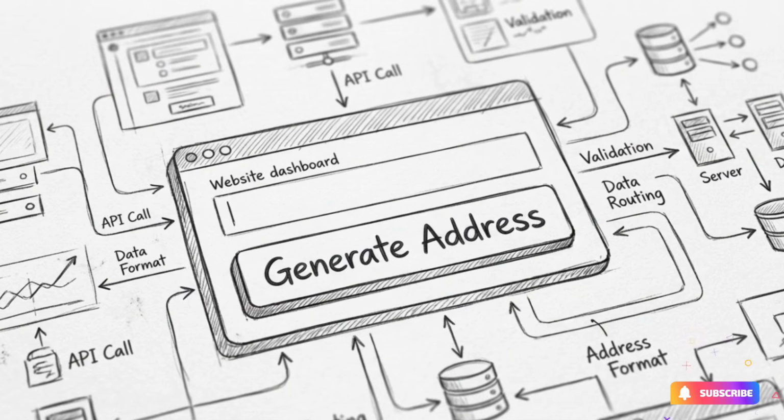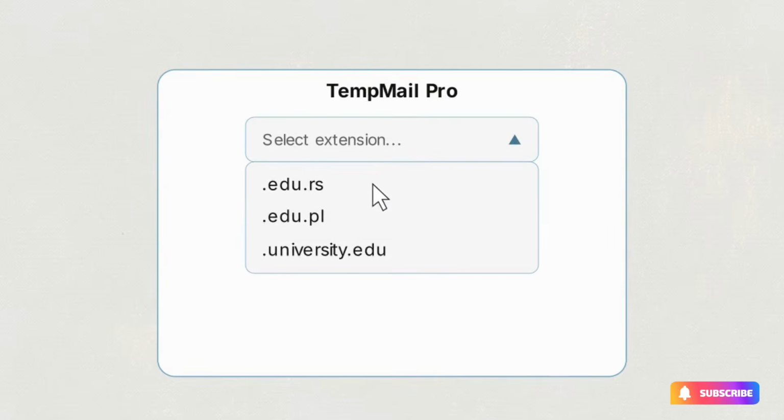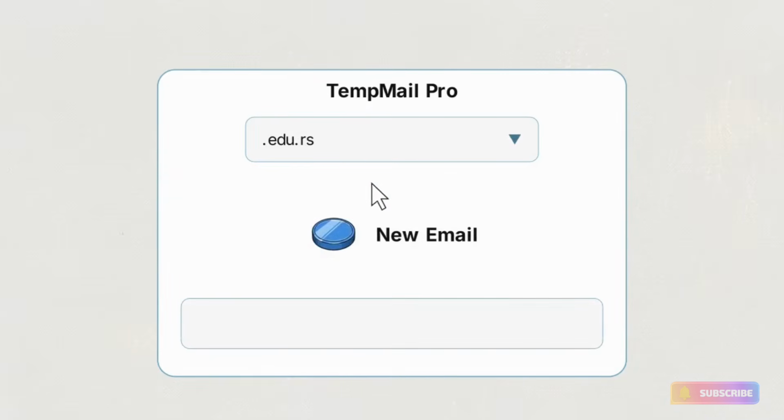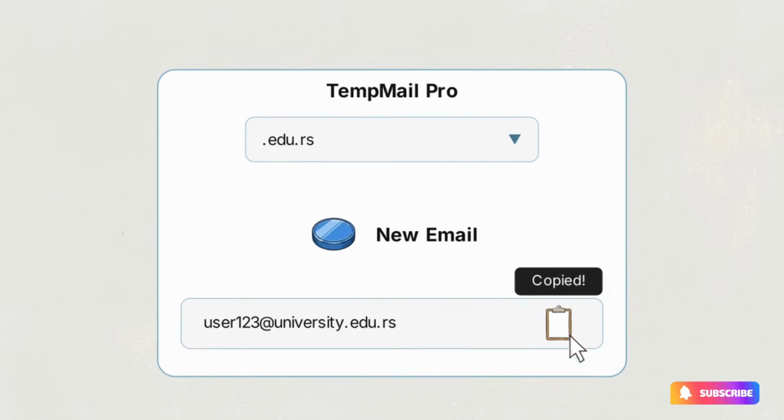On the main dashboard, you will find the interface to create your new address. Use the drop-down menu to choose a specific academic extension. Options like .edu.rs or .edu.pl are recognized by most automated verification bots. Click the New Email button to create the address, then select the Copy icon to save the string to your